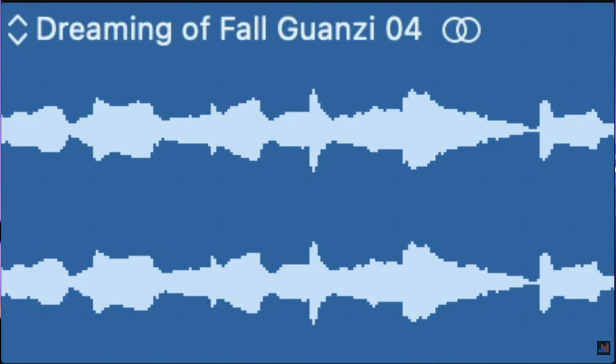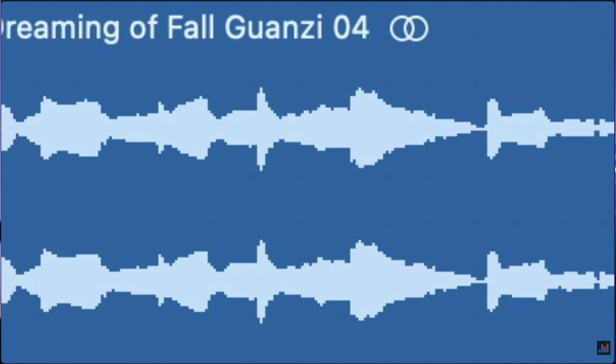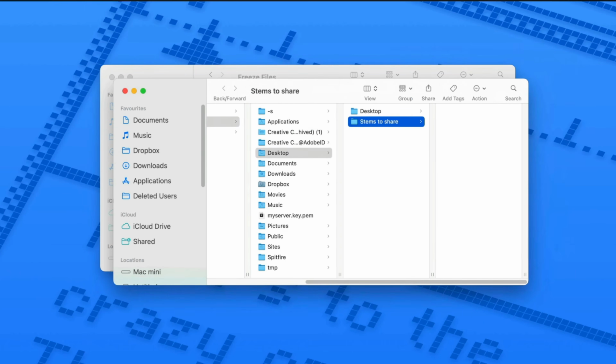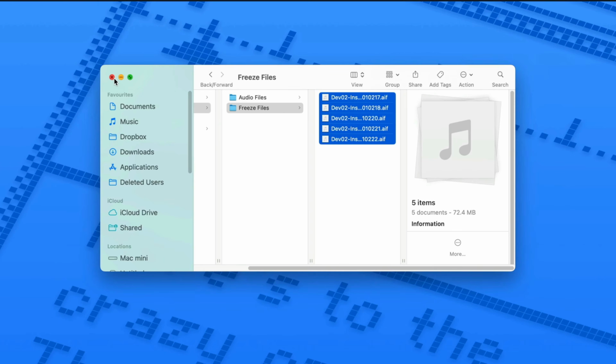If you plan to collaborate on a project with musicians or producers who don't also use GarageBand, you're going to have to send them some or all of the tracks in your project so they can import them into their DAW of choice. How to go about getting these tracks out of GarageBand isn't exactly obvious, so in this video